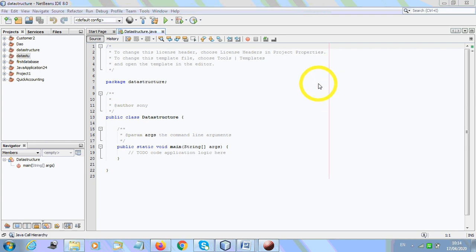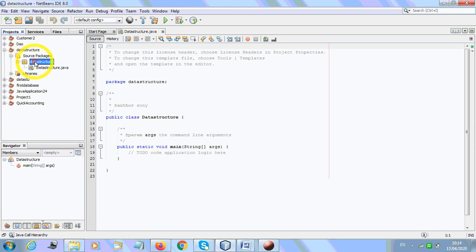Now see how I am going to create a node. For that I need a class. If you don't want, you can skip that one also, and make it in here itself. But for clarity in the concept, I am making a different class here itself.